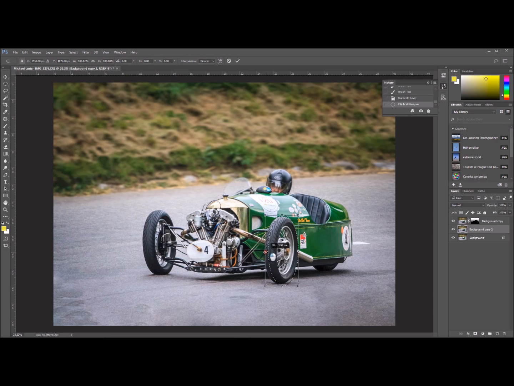This will allow us to just stretch that out a bit and pull that up. Now we don't need to be 100% accurate with this, because we're going to end up masking out just for the wheel anyway. So having got that, we'll keep that selection, and then we go to edit and free transform, because what I